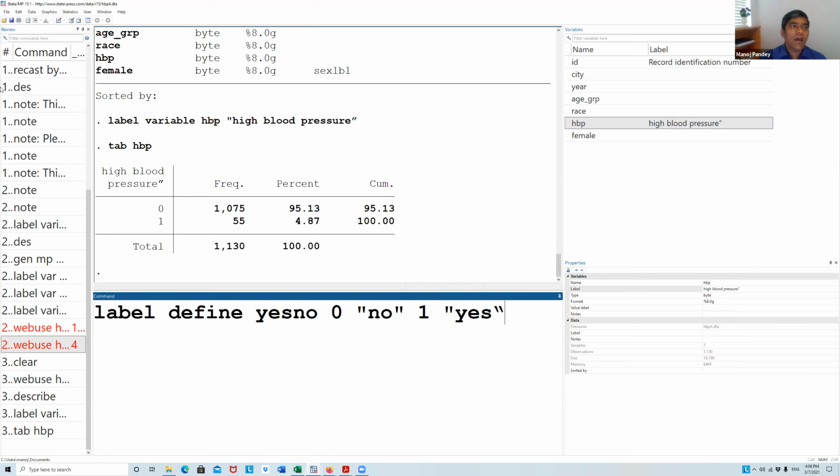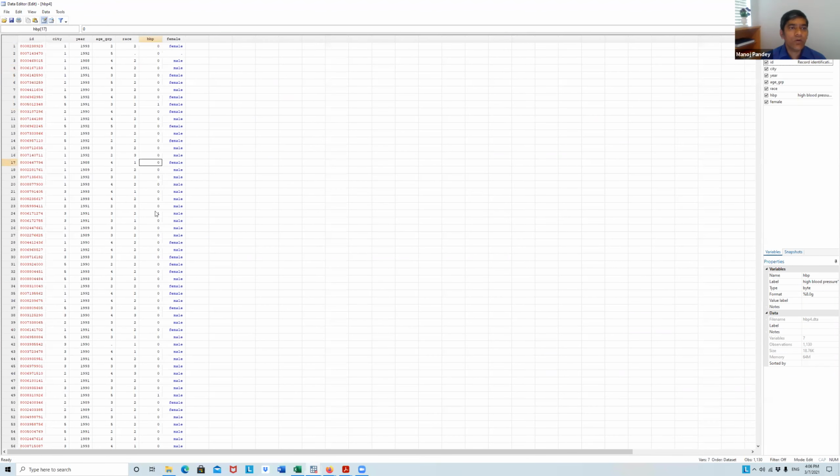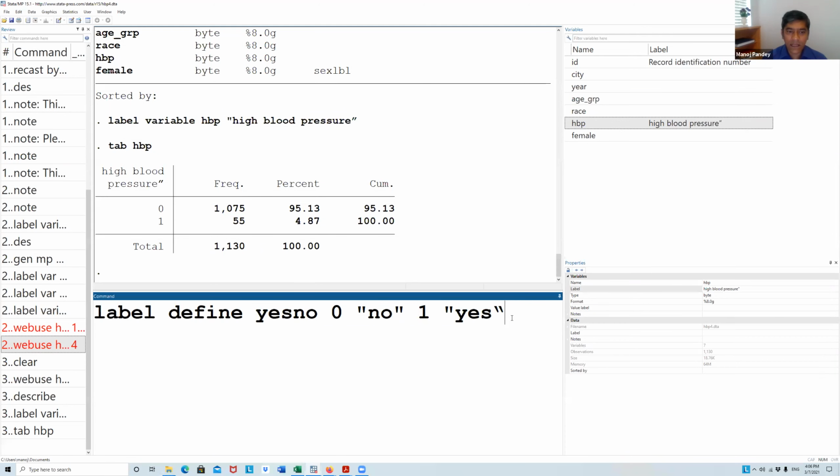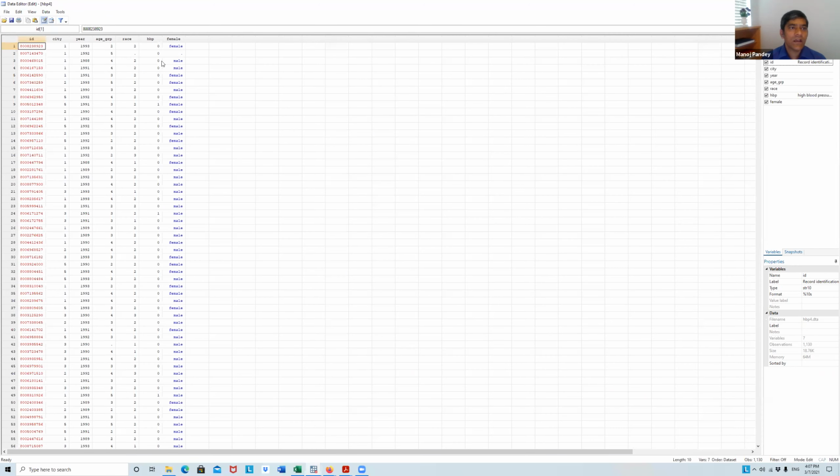And look at the data here. It is 0 and 1. Okay. Now some magic is going to happen in the next couple of seconds. I'm going to run this: label define yesno 0 no 1 yes, and something has happened to the data. You can see here 0 1 2 3 4, something has happened, but you can't really see it.